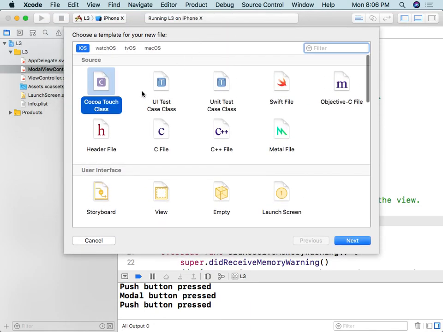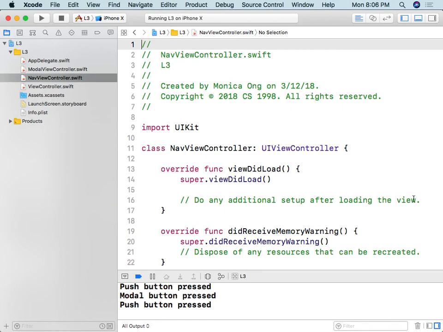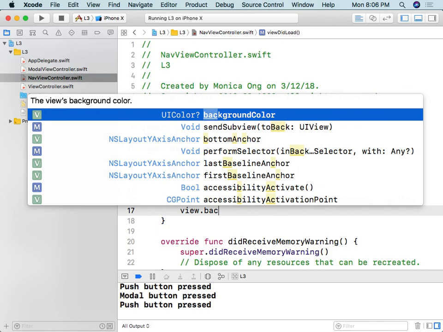I'm going to create another view controller class for the navigation one. So make sure you have Cocoa Touch class highlighted, click Next. Make sure it's a subclass of UIViewController, and then I'm going to call it NavViewController because it's going to be presenting using the navigation controller. I'm going to click Next, click Create, and then make the view's background color